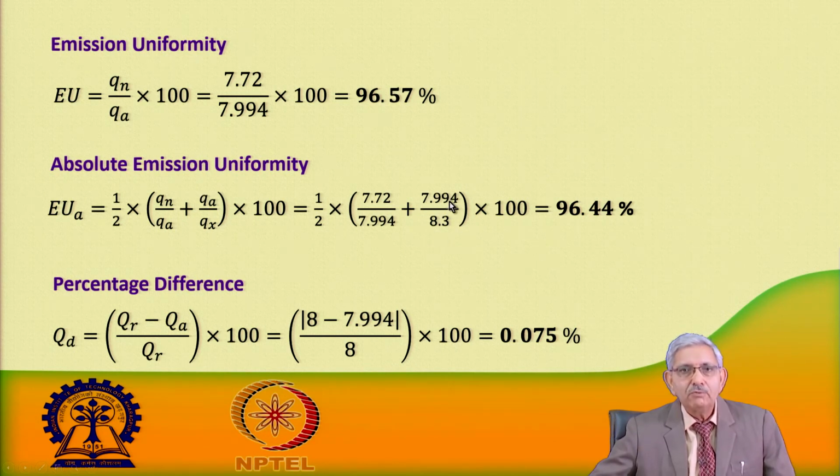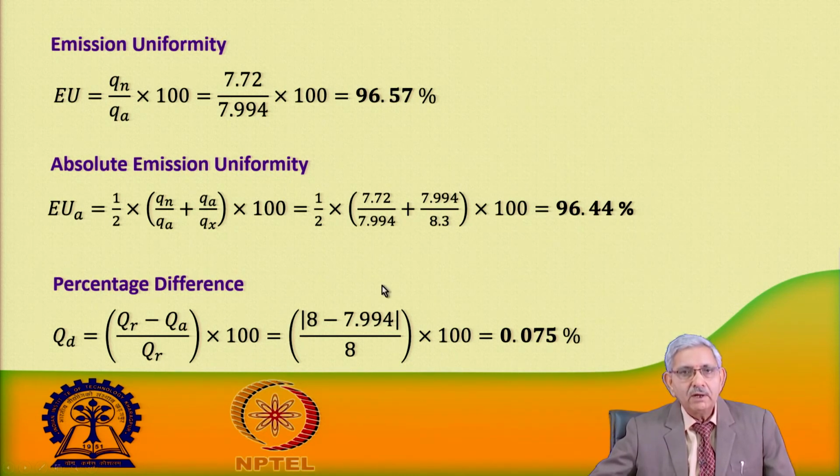This is only one observation, that is 8.3. So, we got 0.9644 or 96.44% as the absolute emission uniformity. And then the percent deviation